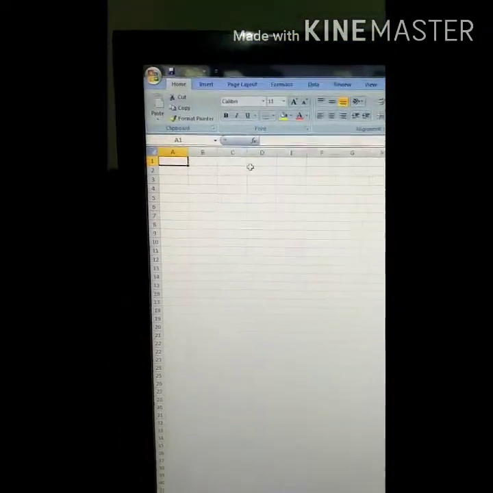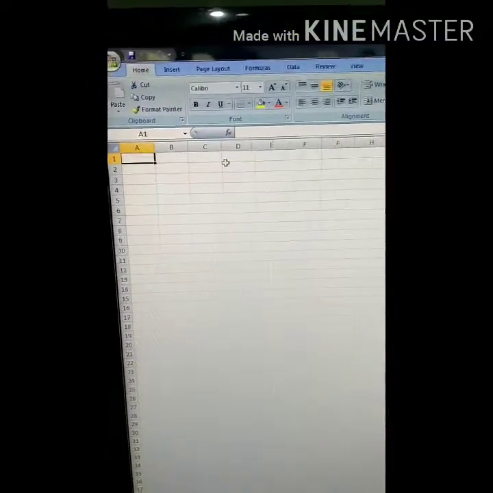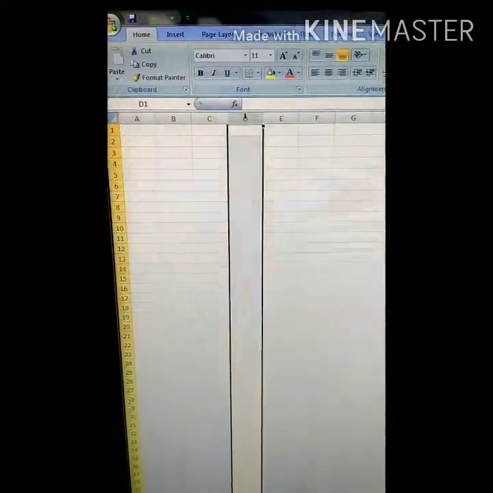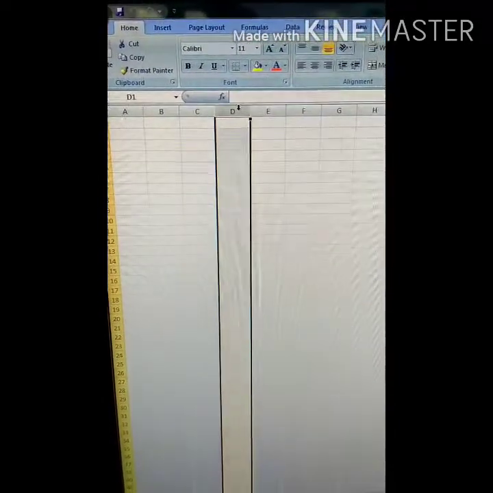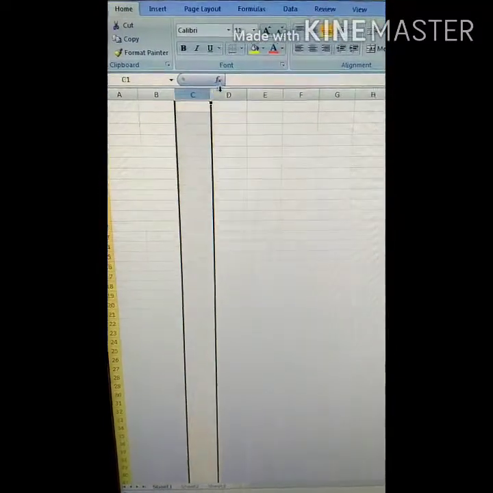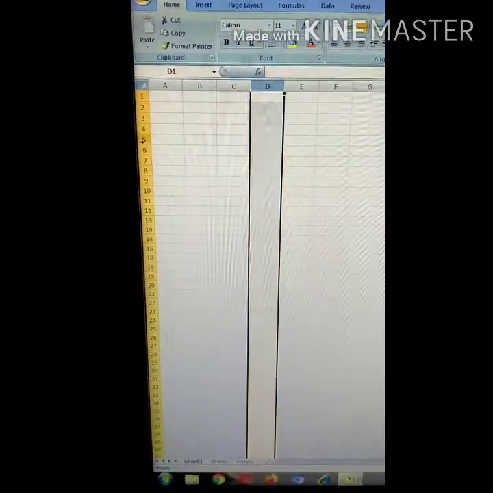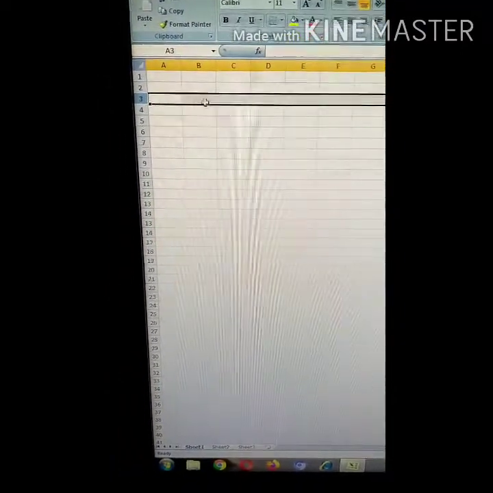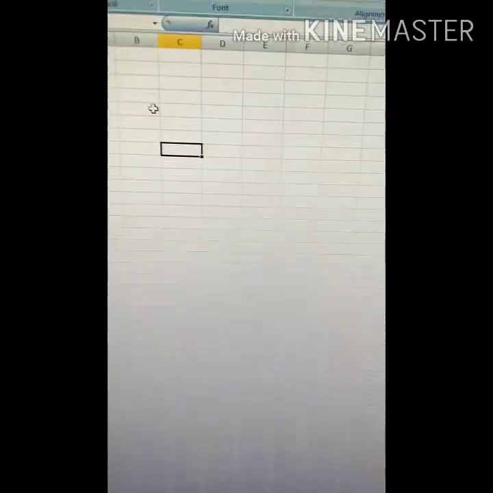So now I am showing you with the help of Microsoft Excel. Pay attention here. First of all, this is called a column, and D is a column heading. A, B, C, D are the column headings, and 1, 2, 3, 4 are the row headings.